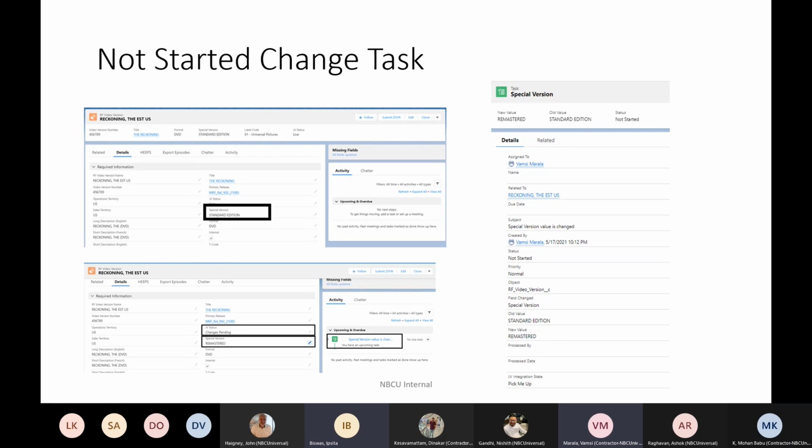Okay. Only the thing is, if we need to move the JV status to live, you cannot do it directly. We have to complete all the tasks which are in not started status. Then the parent object status will be moved to live. Till that time it will be in changes pending only.